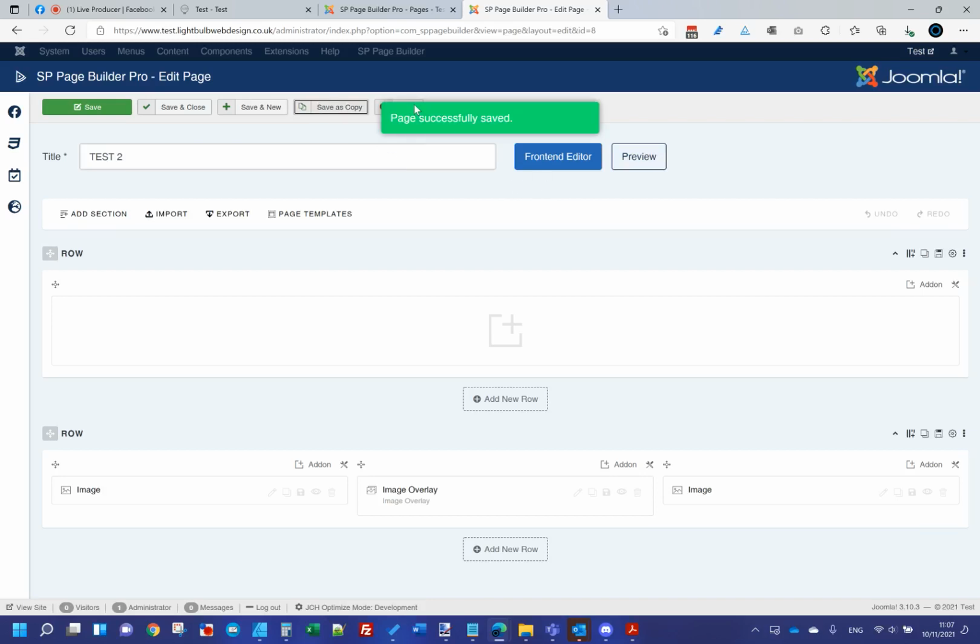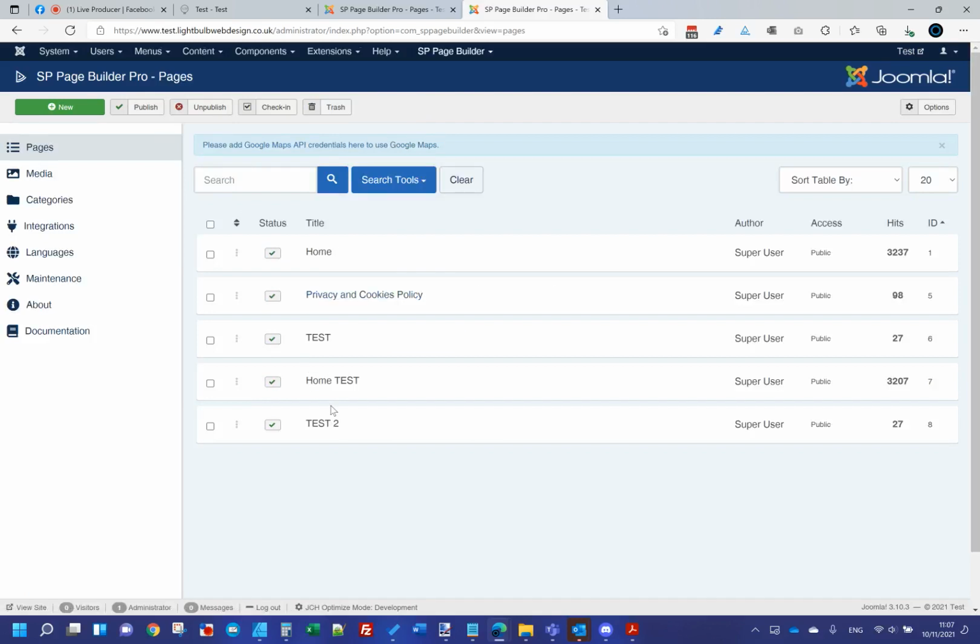And if I then close that down, in my page list I've now got test and test 2. So that's one way you could set up the test page, design it exactly how you need, save it, and then do save as copy 5 times, and then you can create the menu items to link to those 5 different pages as you need to, and change the content. The other alternative is if I go to my test page again,